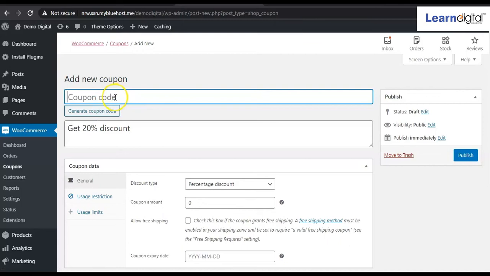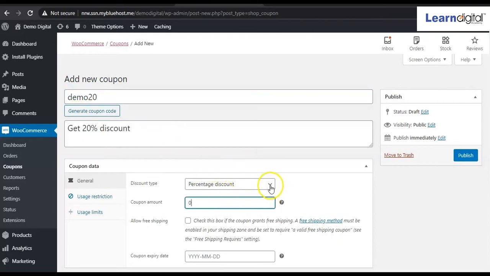It is asking for the coupon code, so you have to write some coupon code. I am generating the coupon code like demo20. This will be the coupon code, and here, get 20% discount is the description. You should select percentage discount, and coupon amount it is asking, right?